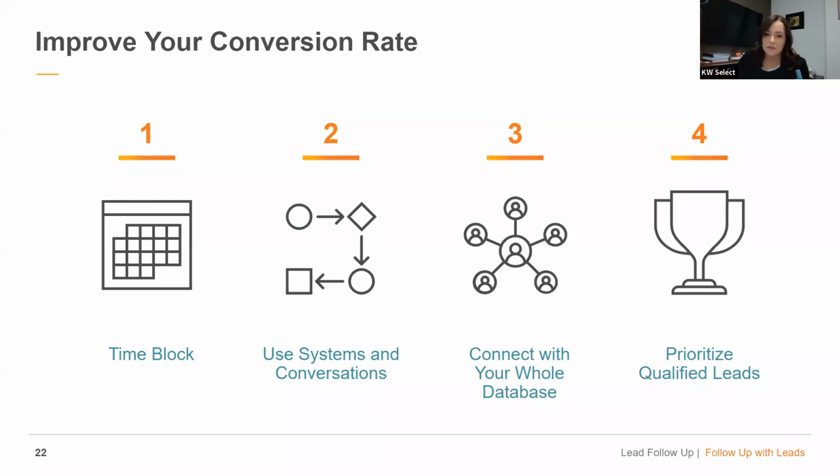Conversations, again, they're a powerful tool. They can help you say what you intend to say in the most powerful way. So again, practicing them is very important. And then use systems to support your lead conversion, just to make sure that you're taking the right steps at the right time and that you continue to keep and gain that mind share. So staying top of mind with these people. Those systems are, again, your database, your smart plans, your opportunities, and just making sure you're following up as much as you need to be.